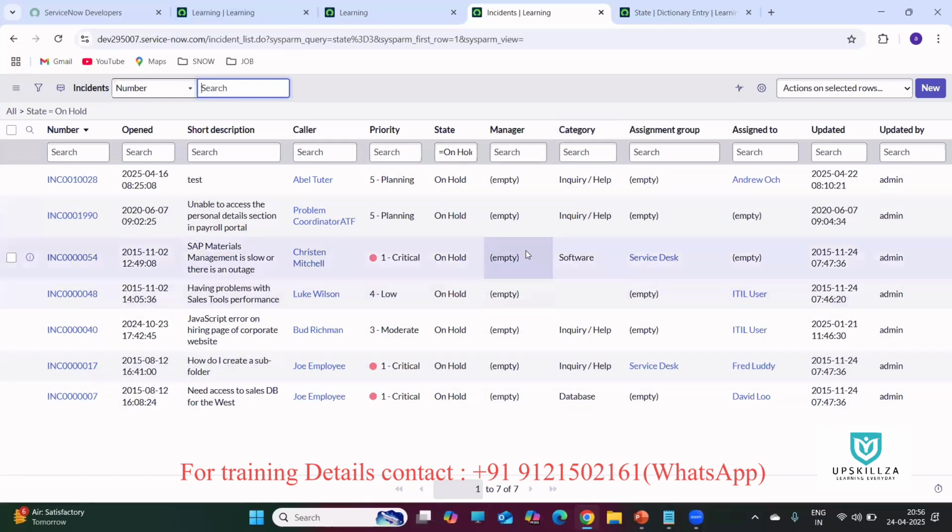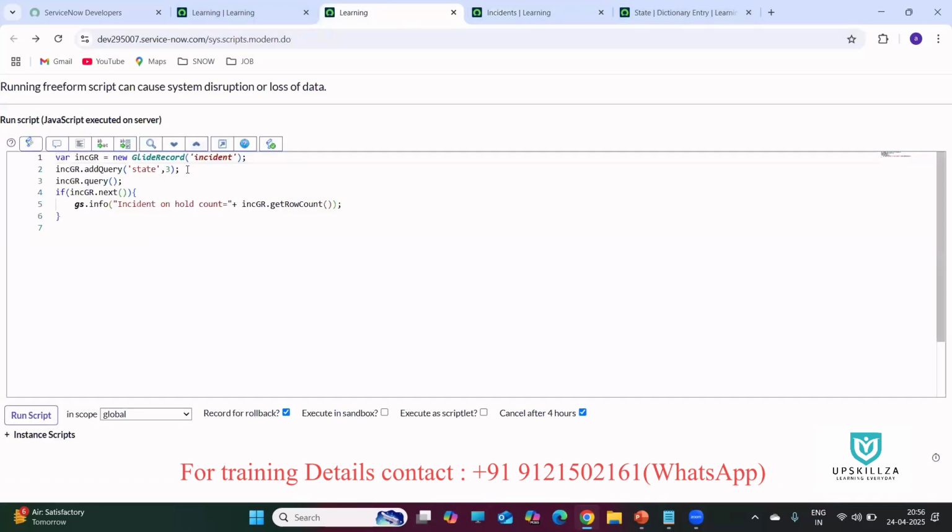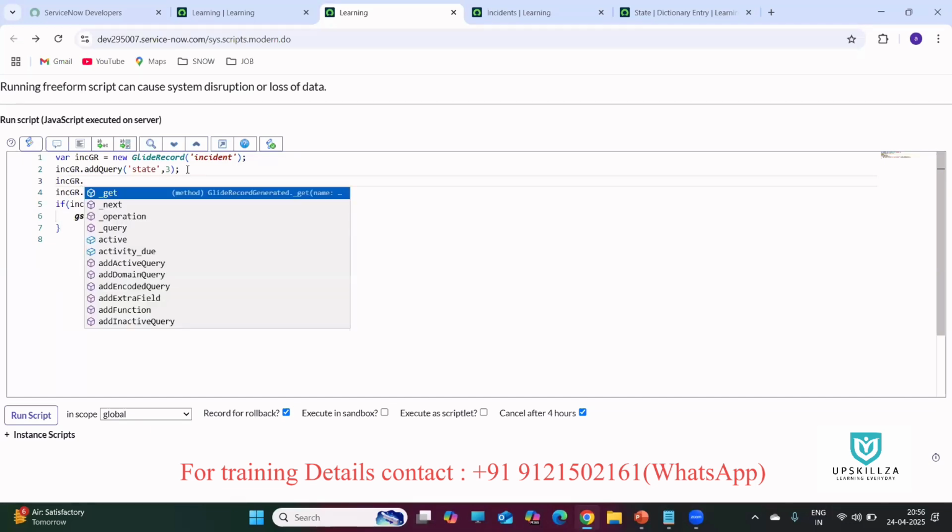I want to see, so the database category is the database. So how can I add that condition? Along with state is on hold, if I write one more condition here, this is treated as an AND condition. Incident having state is 3, and here the query is,